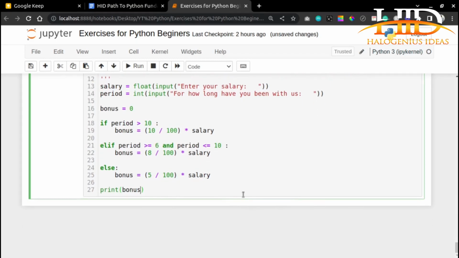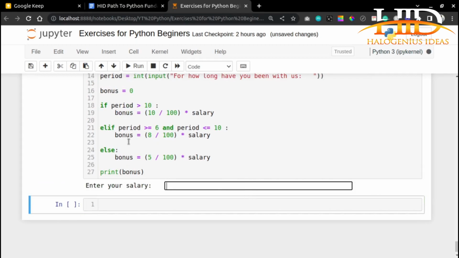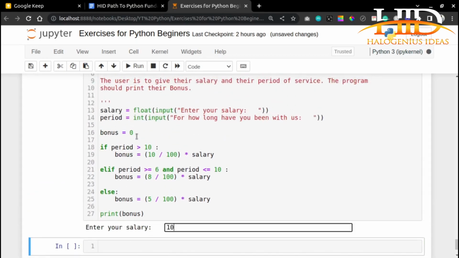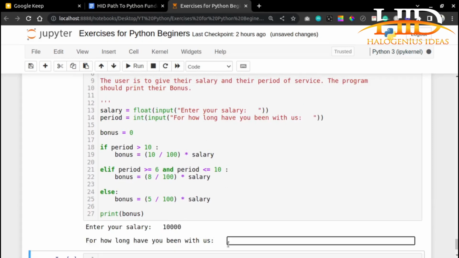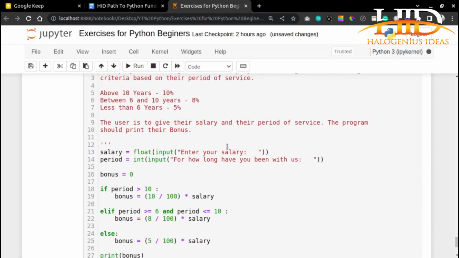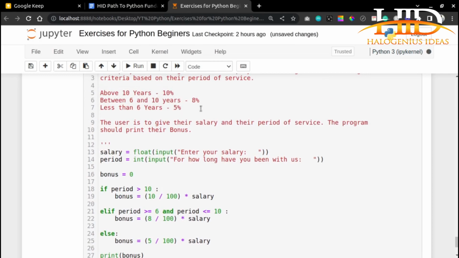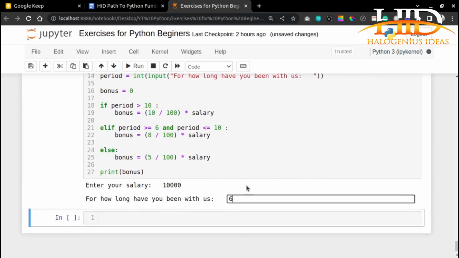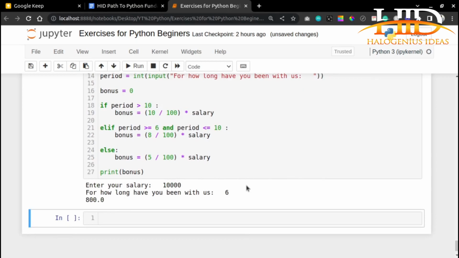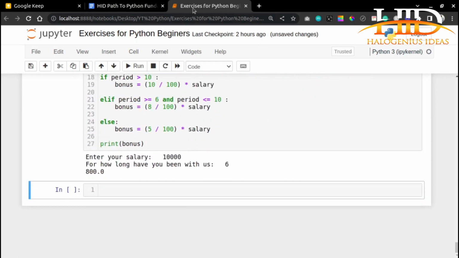Okay, so run this. If the salary is say 10,000, and let's say they've been with the company for 6 years, so 6 years 10,000, that would be 8%, that would be 800. So this is supposed to give us 800. You see 800, so it is working fine. So moving on,